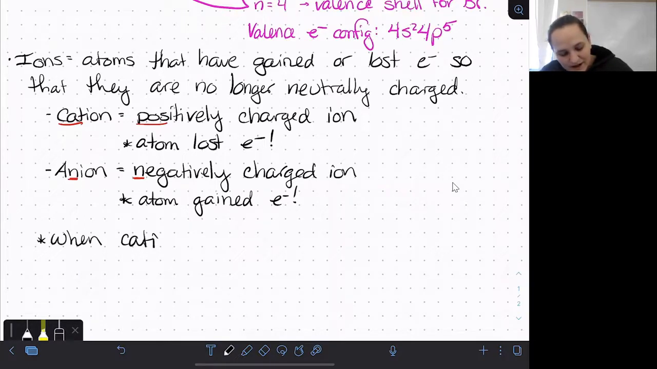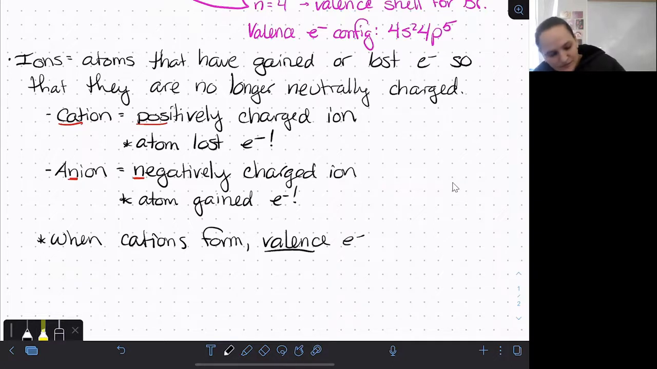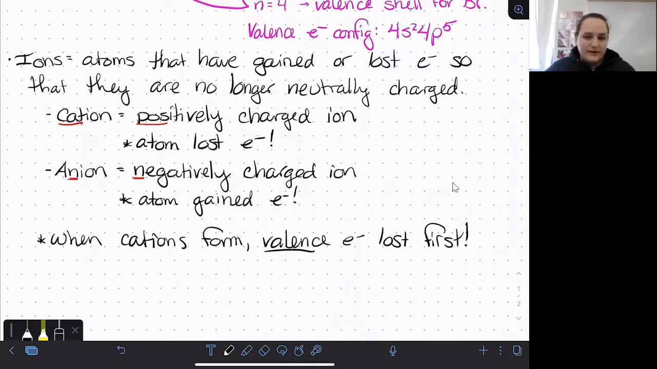So when cations form, valence electrons are lost first. So a lot of the time this is going to be exactly what you would expect it to be, and you don't have to think too hard. But if we look at an example